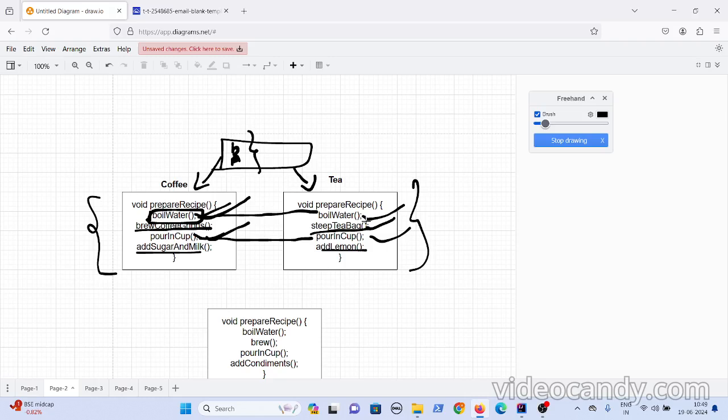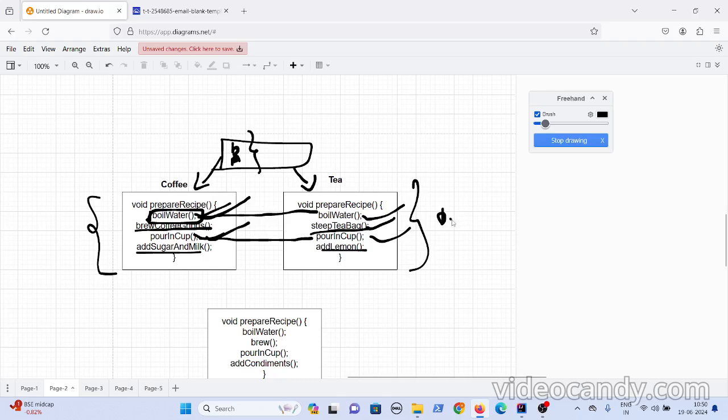But you are brewing it. So whatever the action you are taking is the same, but for that action the ingredients you are adding are different, right? For coffee you are adding coffee beans, and for tea you are adding tea powder, but you are adding some material there.